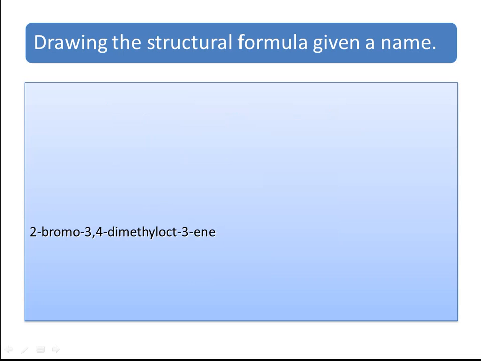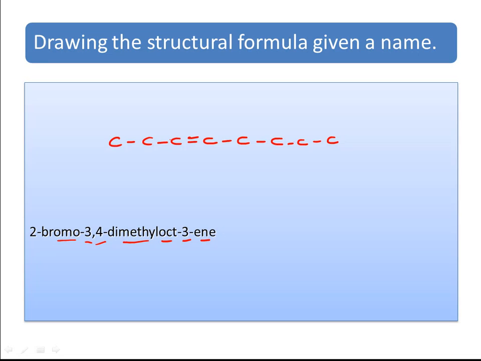What do we have? We have a double bond on carbon number 3 of an 8-carbon principal parent chain, and we've got 2 methyl groups on carbon 3 and 4 because it says dimethyl, and we've got a bromo group on carbon number 2. So I have to write the 8 carbon atoms in the chain: 1, 2, 3, 4, 5, 6, 7, 8. I've got the 8 carbon atoms, and on carbon number 3, which is this one, I'll put a